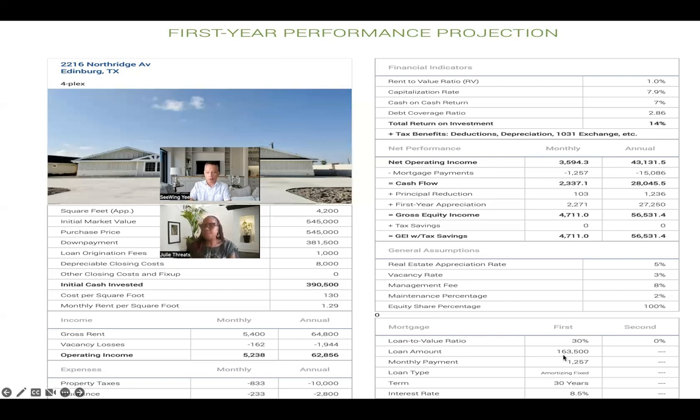Your loan amount of the non-recourse is 163, so your mortgage payment is 457, right? Then your rent is 5,400 on all four doors, minus your debt obligations, monthly taxes, insurance, apartment management fee, the whole nine yards. So at the end of the day, with this strategy, you could have a monthly net cash flow after all deductions of 2,337. This almost $2,400 of cash flow is tax deferred, goes back into the IRA tax